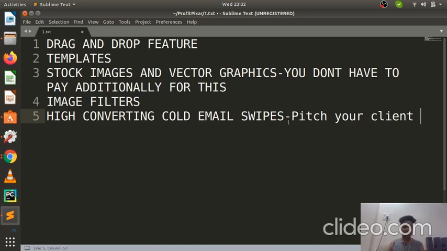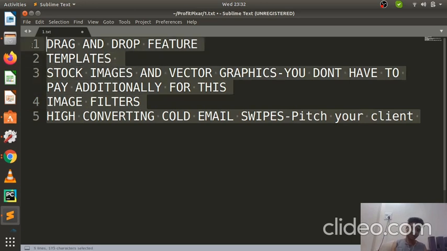I have written down these features so that you can compare them with other software, because there are tons of software out there and you may get confused about which to use. You can look at these features and compare. There are other features too, but they are very common features that you can find in any software. These were some of the features I thought are different from other software, which is why I've listed them. You can have a look at these features once again, and then we'll move on to our demo video.